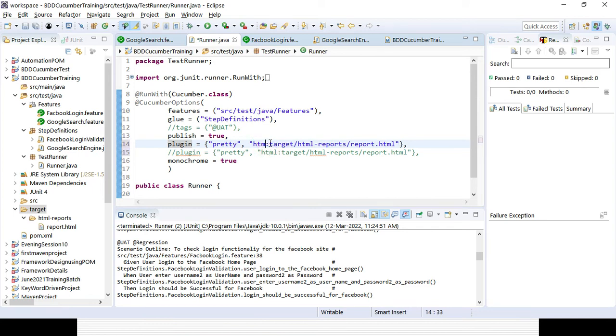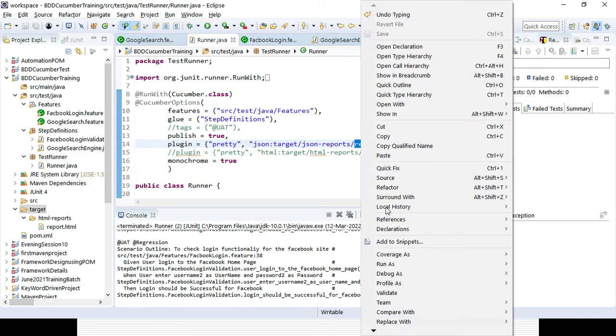That is the formatter here. And in the target, instead of the HTML report, I can make it a JSON report, and the report name will be report.json. This is the extension of the file, so you can generate the JSON file. This is the type of the file, so instead of HTML you need to give JSON. I want to generate in the target folder; a new folder will be created, and a report will be created called